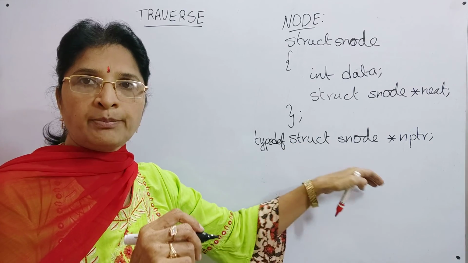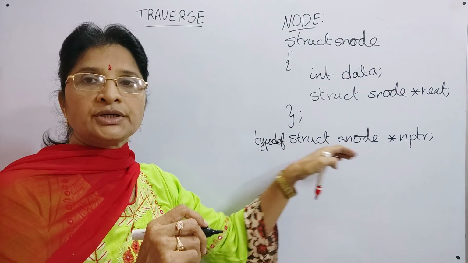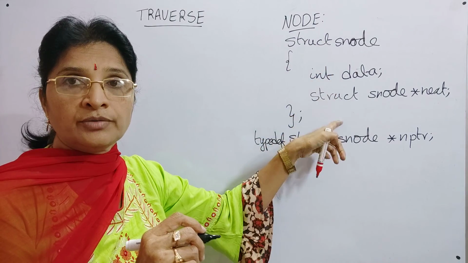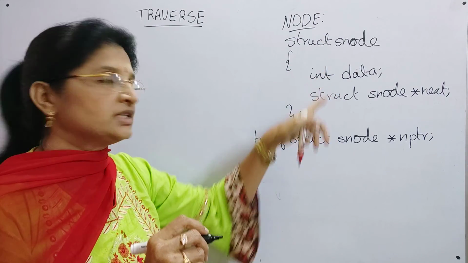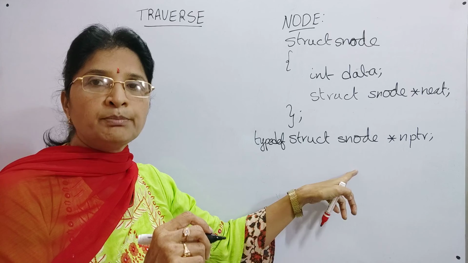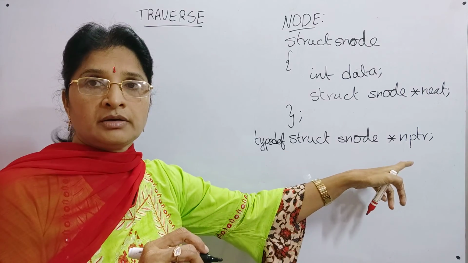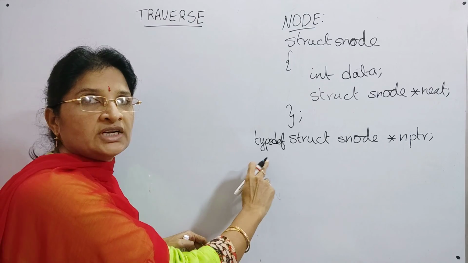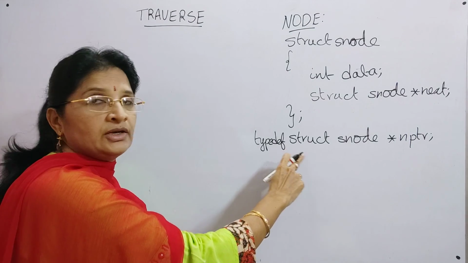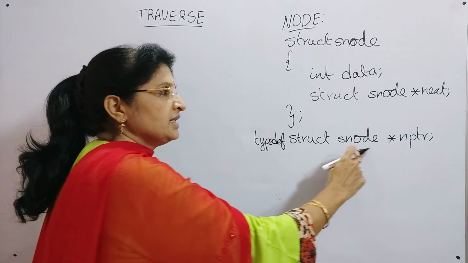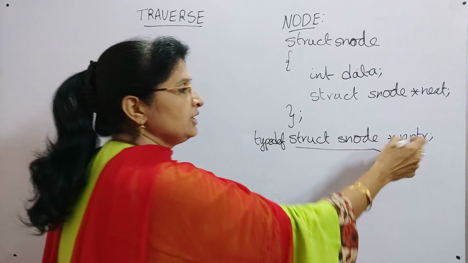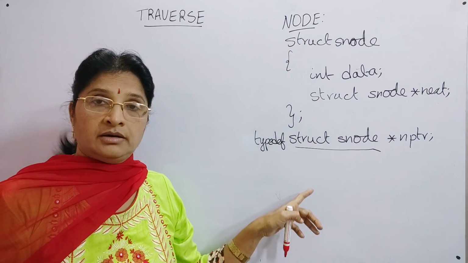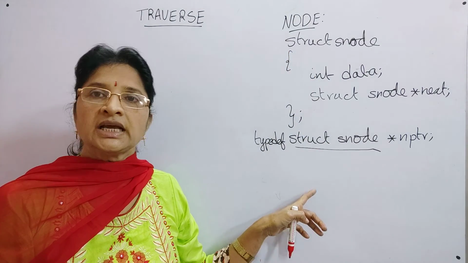So here we are giving a pointer to our struct s node, which is a user defined data type. That corresponds to our data type. That's why we are giving a simplified name for our structure. The keyword used in C language for that is typedef. So we use the typedef keyword, then a space, then the data type, and then the pointer. Now this is the node definition for a singly linked list.